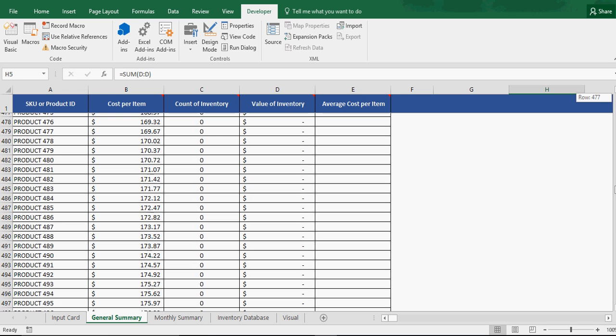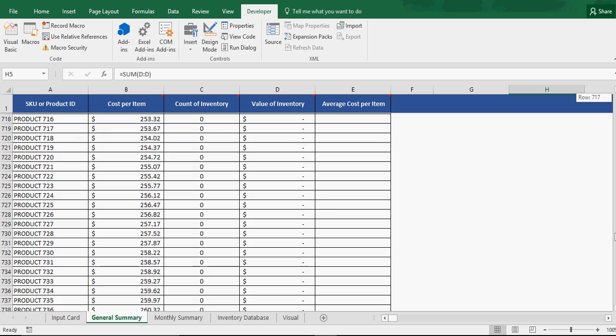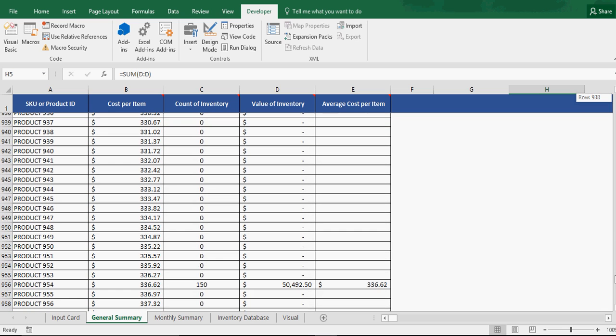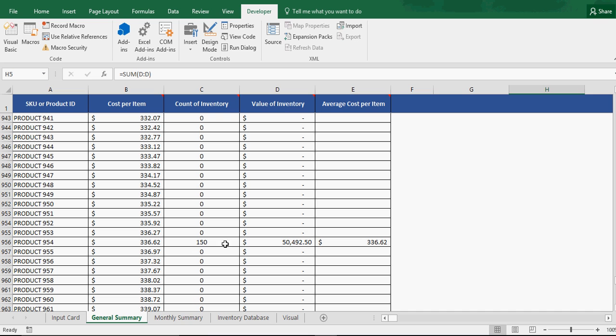So we should be able to go down to product 954. Yep. Oh, there it is. So 954, 150. Now let's say we use product 954